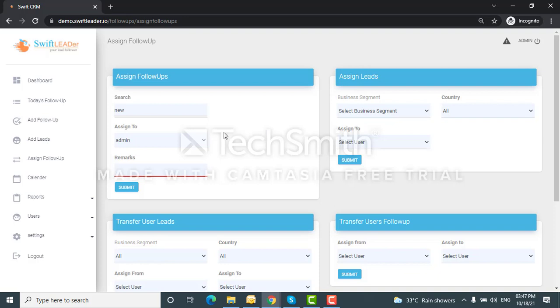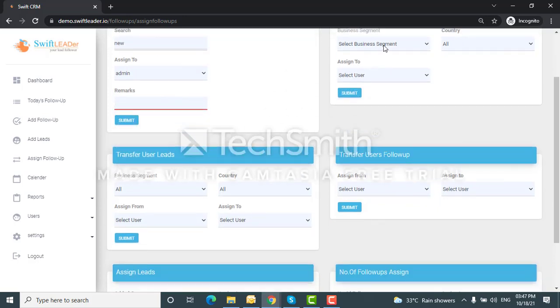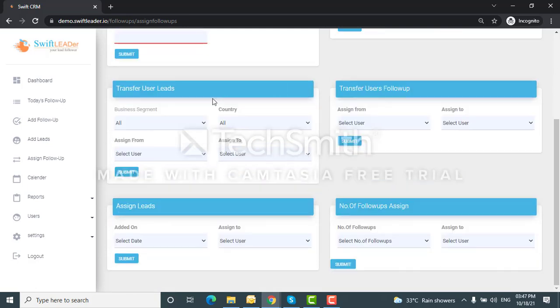When assigning a lead, both who is assigning and who is receiving will get a notification through mail. If the receiver makes updates, the sender also will get notifications after any updates are done. So segment wise we can select, and the total leads also we can assign to another user.